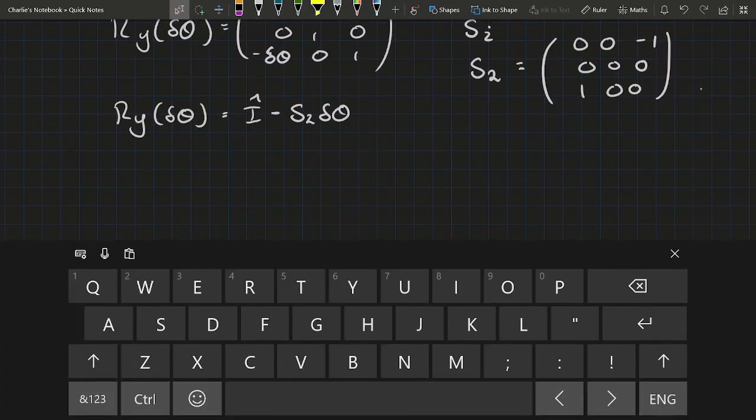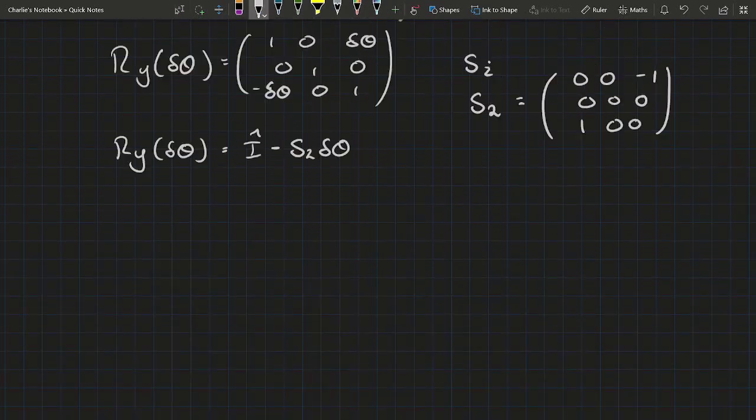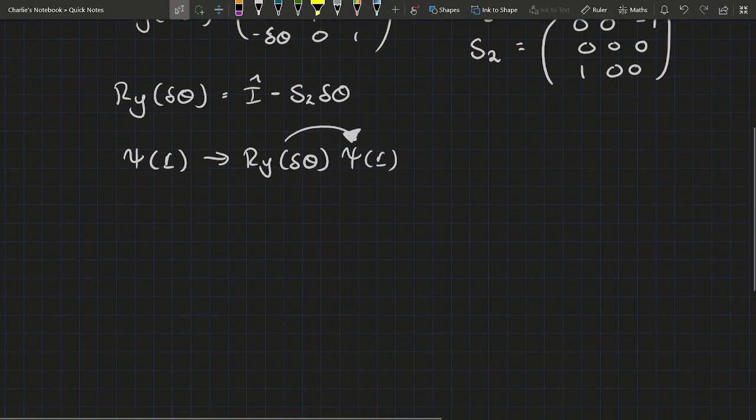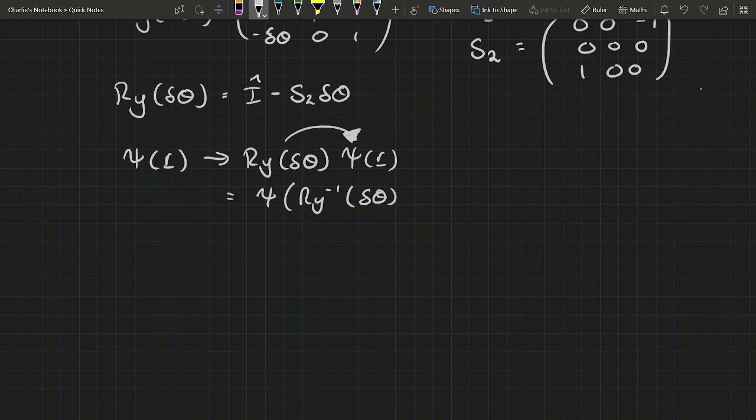Plugging this into our original wave function, where we have psi of r going to Ry delta theta on psi r, we can bring the operator inside of the brackets by considering active and passive transformations. This allows us to write the wave function as psi of the inverse operator, Ry inverse delta theta, acting on